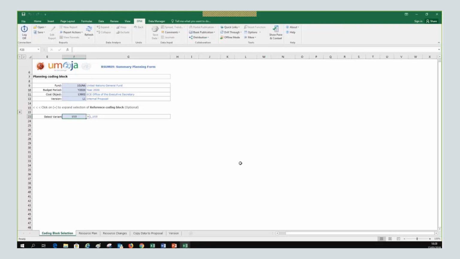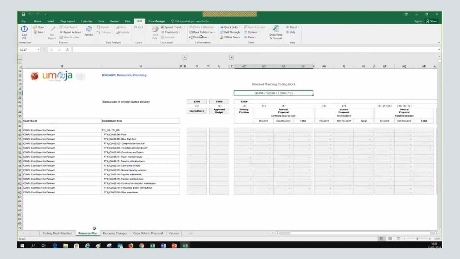So if I go to resource plan, I see that the coding block that I've selected is here, and I would like to refresh so I get data from the server. You remember that I said yesterday, before anything, you click on refresh, so we bring the current picture from the database, from the server. So there is no refresh button. So where do we go?